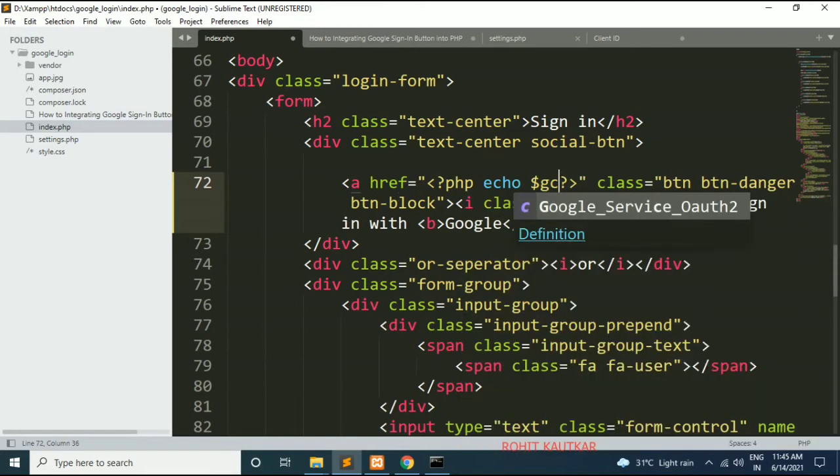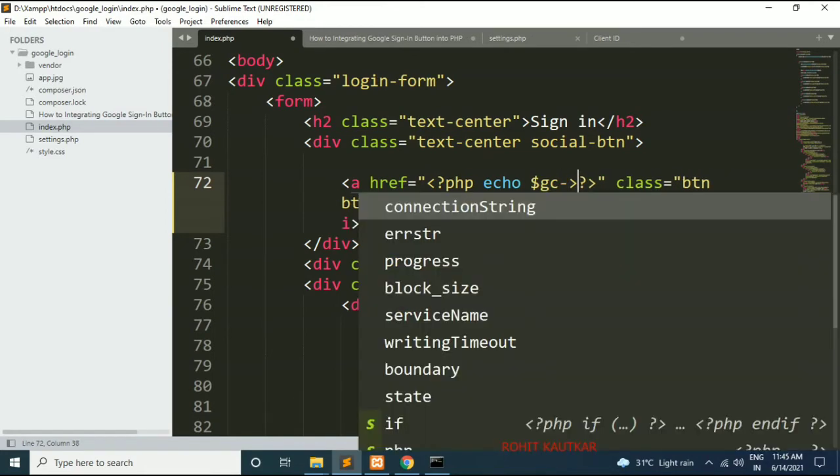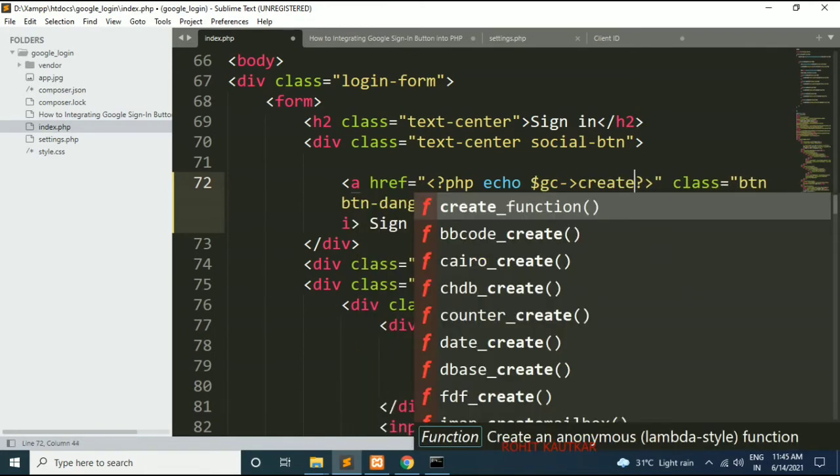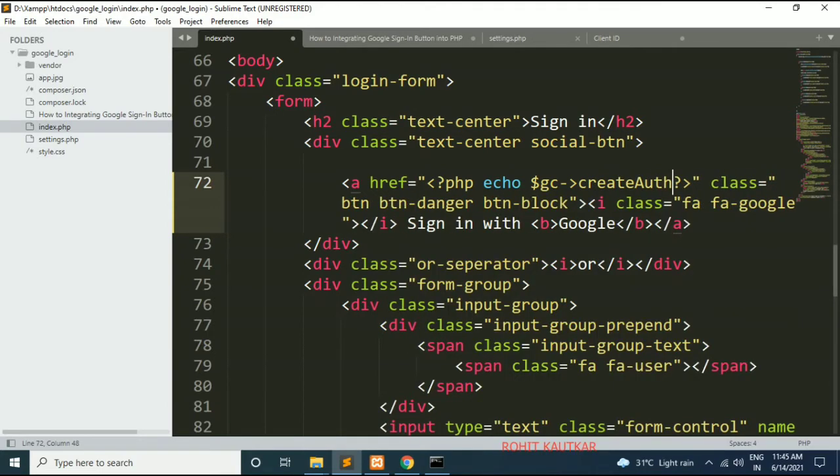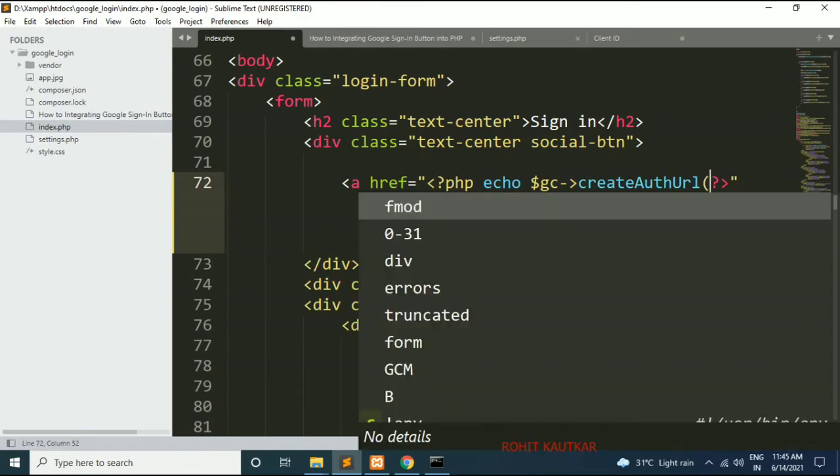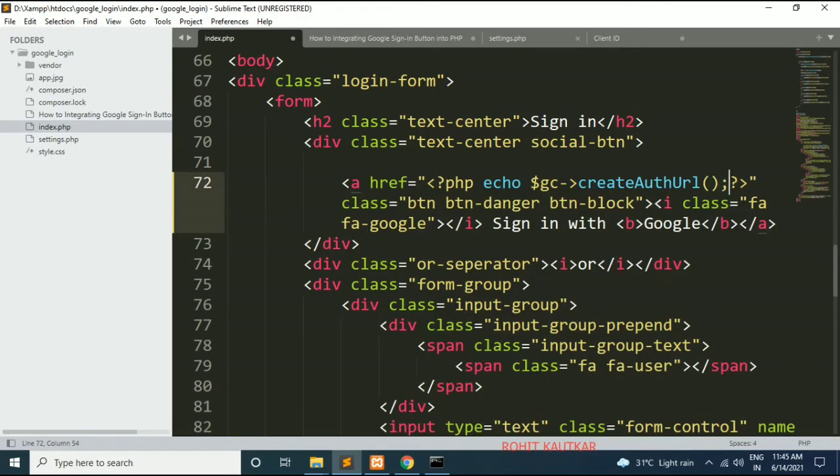Here we will write GC, that is Google client, and we will call the method create auth URL.